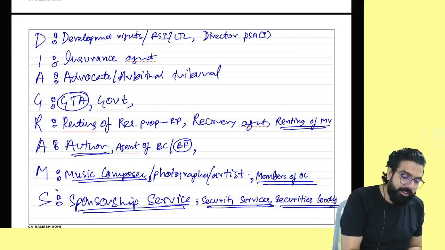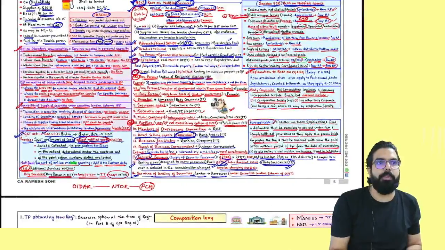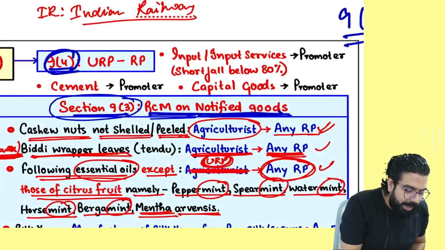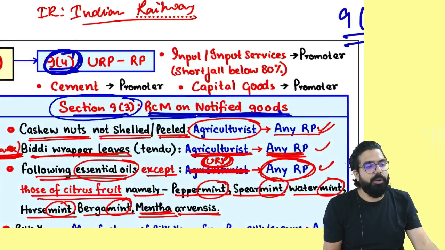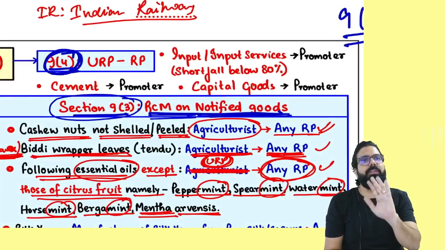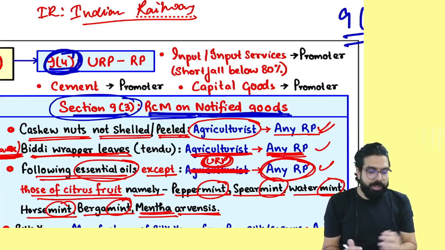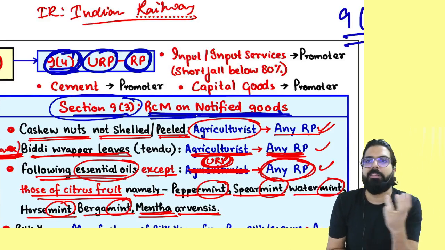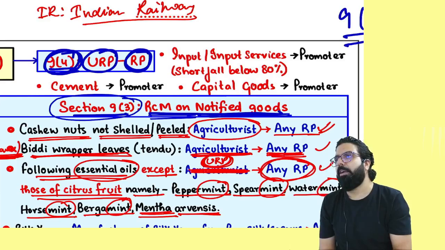Let's go ahead. So this is the RCM entry for services. Goods is what? Crops, belt. People, section number 9(4) also has some RCM. Section number 9(4) RCM is not very important from the exam point of view, so you can just read and go once. What is section number 9(4) RCM? It says whenever an unregistered person supplies some services to a registered person, then that registered person has to pay GST under RCM.